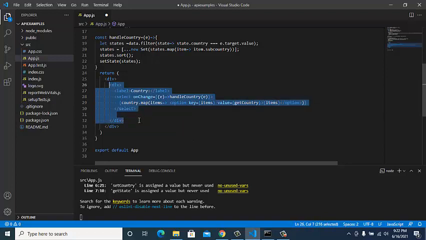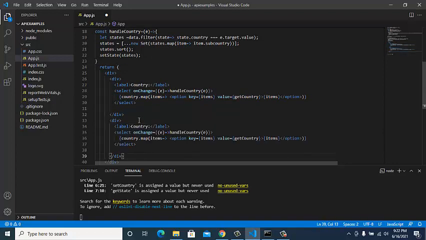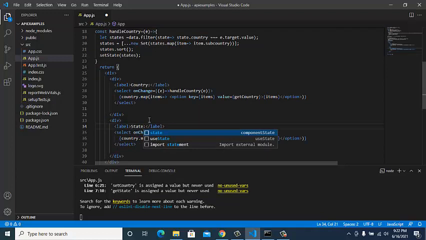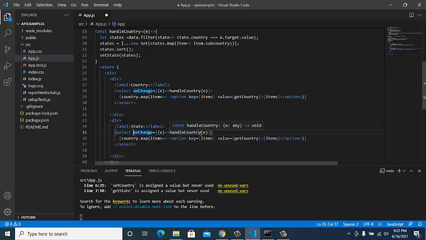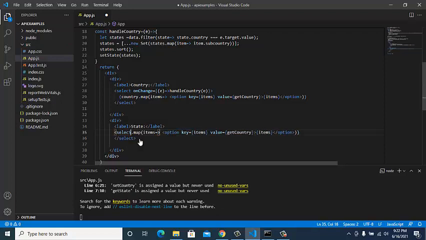If you want to style it, you can style it also. And here we write state, onChange handleCountry, where you can find the state, and here is getState.